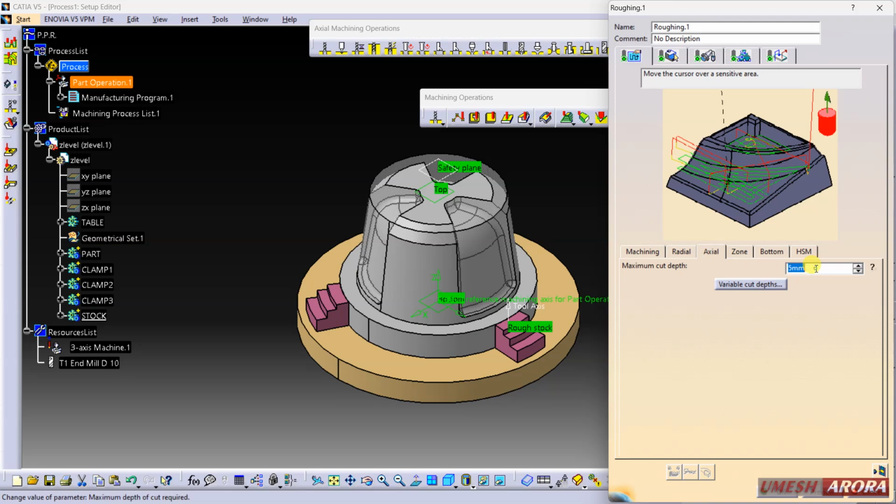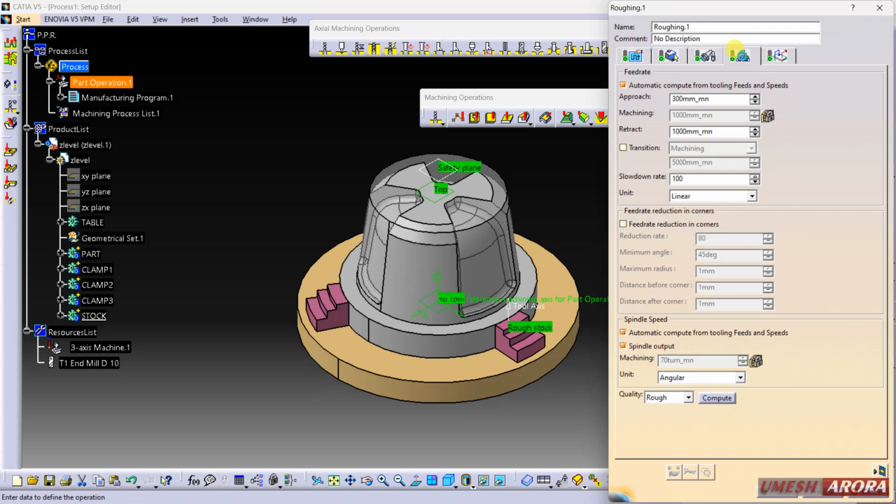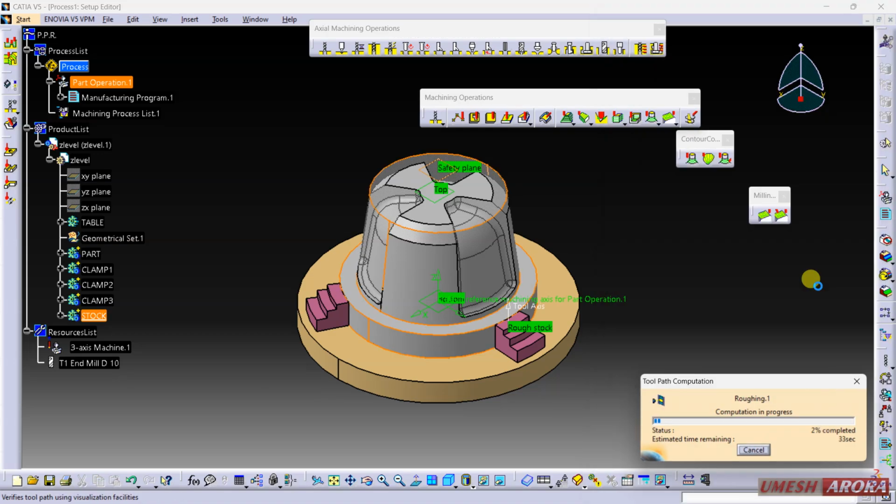For axial depth of cut I am using 0.5, and for radial I am using overall step over length 1.5. Now generate.